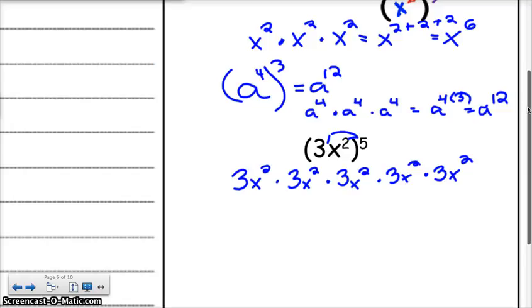Similar bases. All of the 3's are to the 1. So this is equal to 3 to the 1 plus 2, 3, 4, 5. 3 to the 5th, x to the 2, 4, 6, 8, 10. Notice I distributed my power to